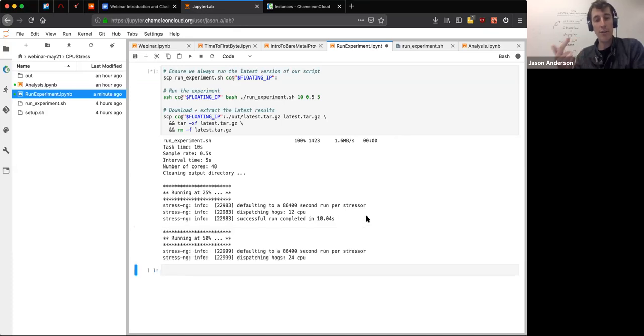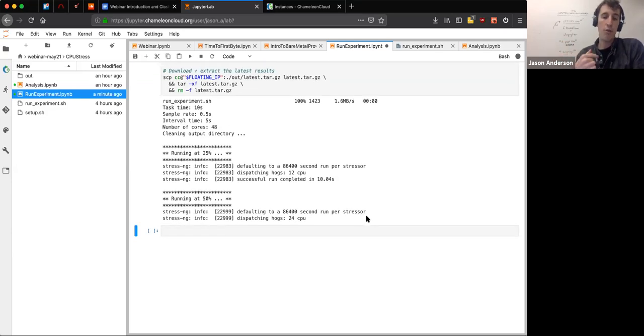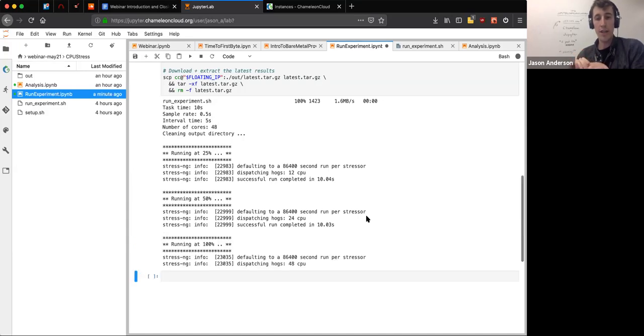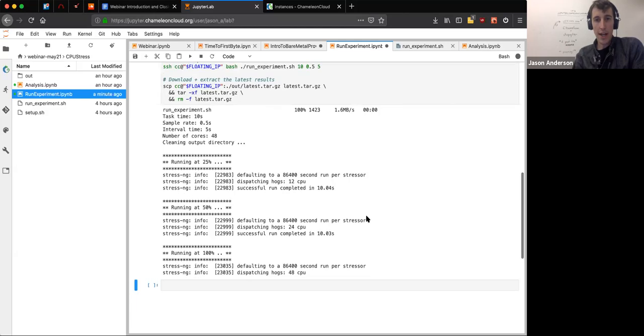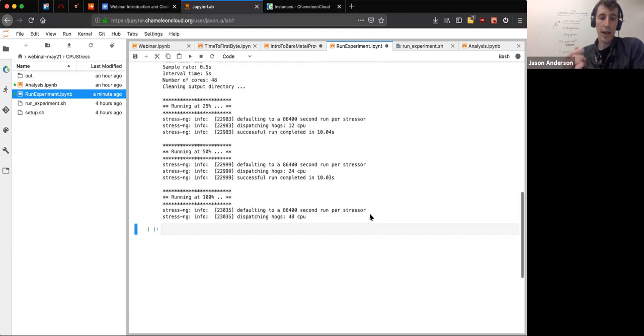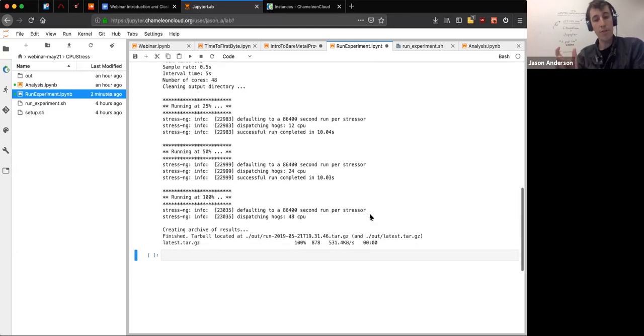It did my first run looking at only 12 CPUs. Then it looked at 24. And soon it will have finished a run stressing the entire machine. Just wait for that to finish. And again, once it's done, it's actually going to package up all the results, but those results are still on the remote server. So